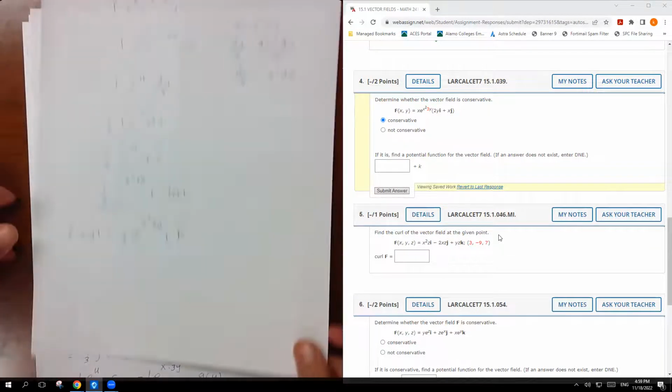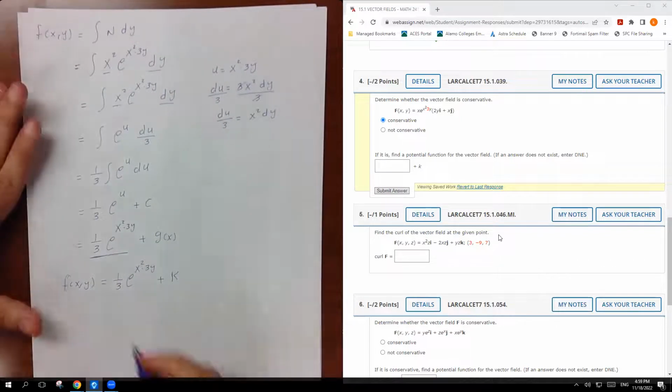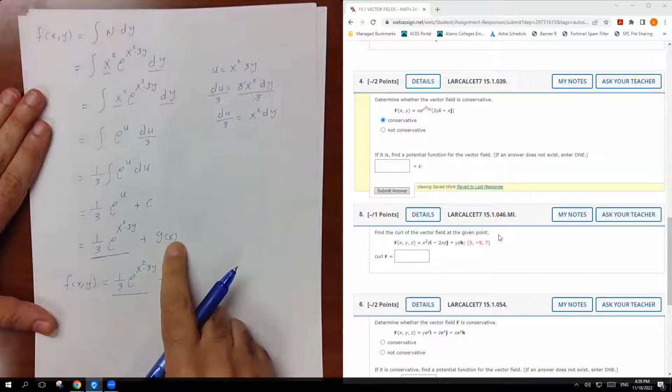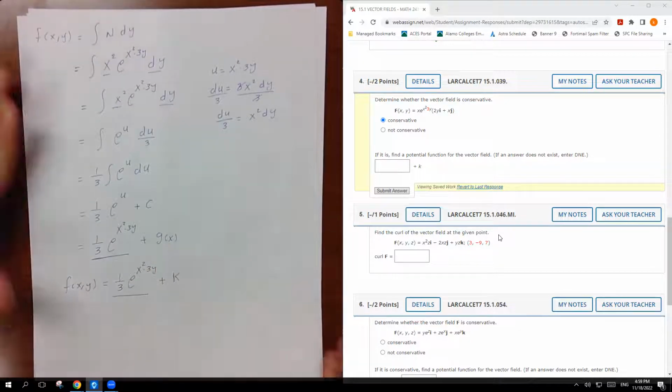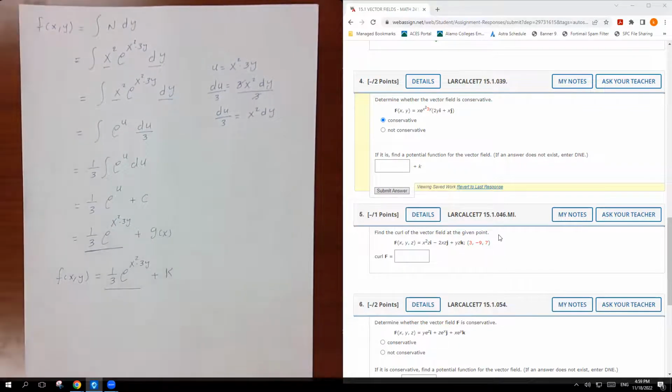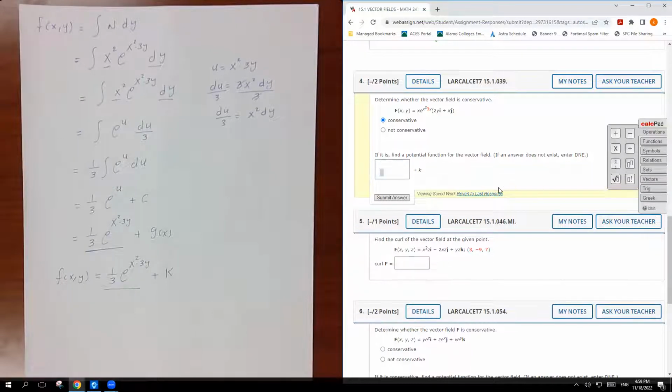So 1/3 here and 1/3. That means here's our potential function. Then we have g of x and g of y. So in this case, we're just going to write down a k, which is, we don't know, k is going to be a function with respect to the x or the y, or it's going to be a constant. So in this case, we're just going to type here 1/3